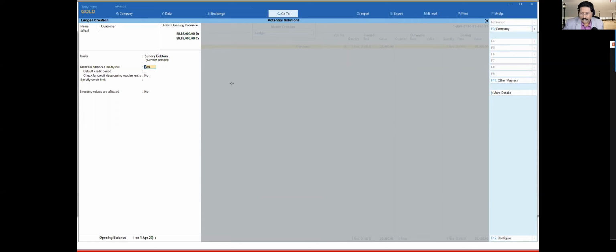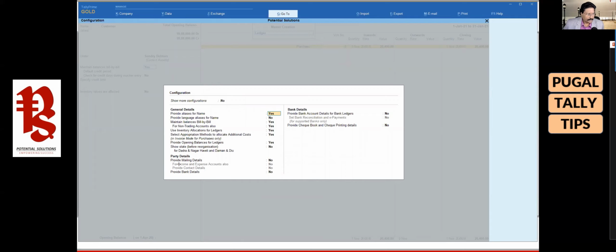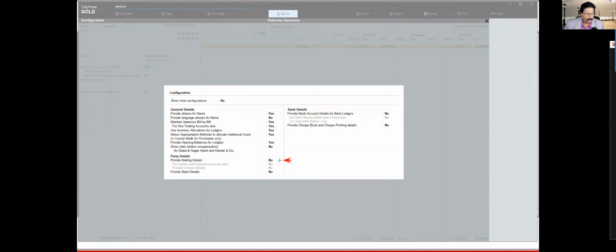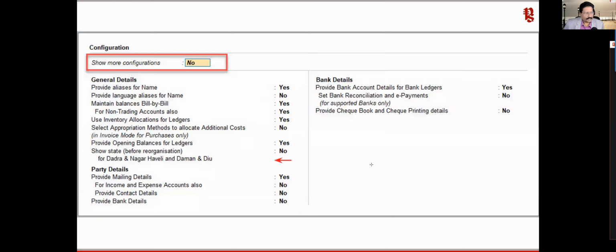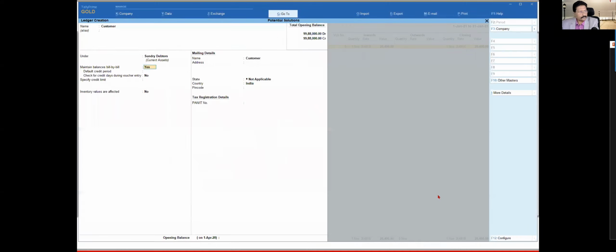For that, remember, you come to your F12 configuration, and in the party detail, you see this provide mailing detail option is set as no. That is why you are not getting the party detail. So let's make this option as yes. I'm going to say Control A, and now you are getting this mailing detail.